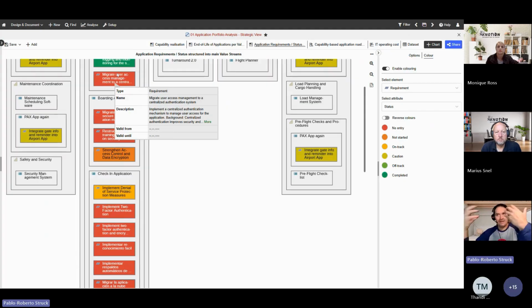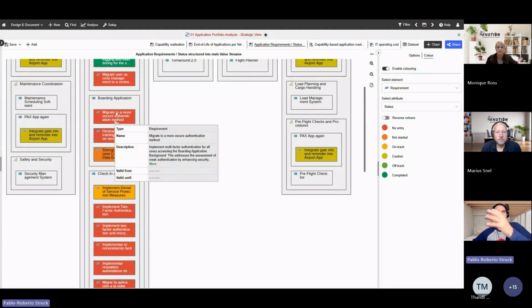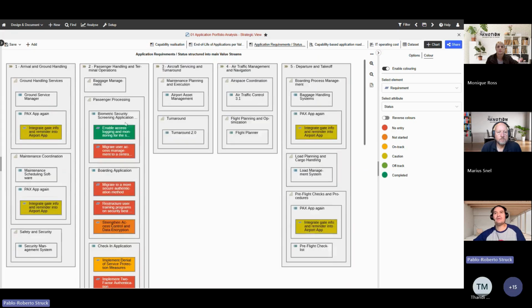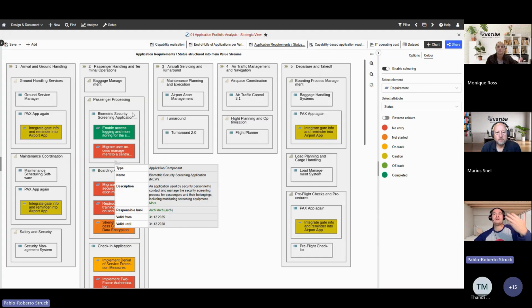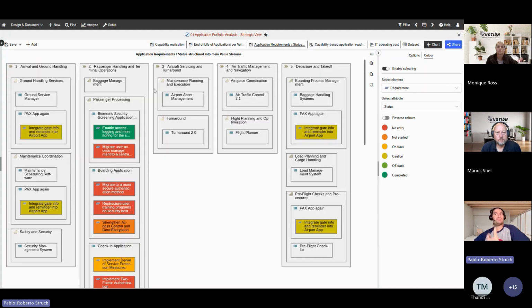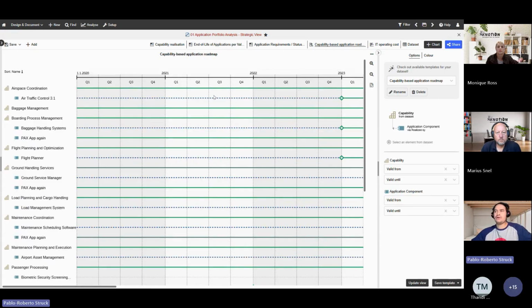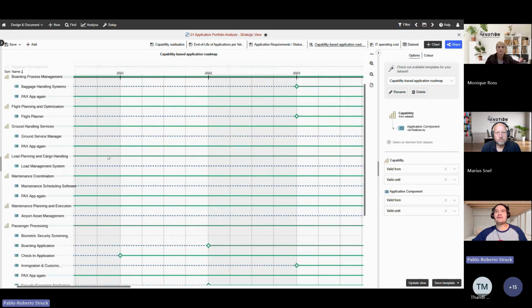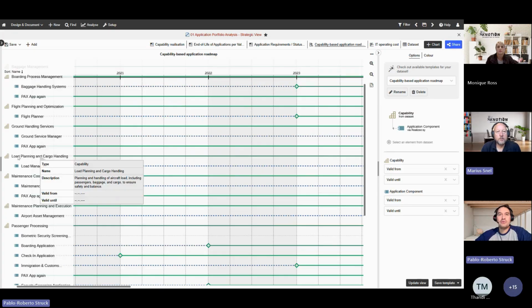Obviously, if you're the owner of this, you can also create them straight away, but there are areas that allow for collaboration. And here we see also if they've been started or not started, if they're on track or not, or if there's no entry at all on certain requirements here. So it's kind of like an action that I want to take to improve the applications. This is what this view basically shows me. Then two more, and then we'll jump into the workspaces, just to give you some ideas on how this can be detailed in ADOIT. And here again, we have some lifecycle information for the